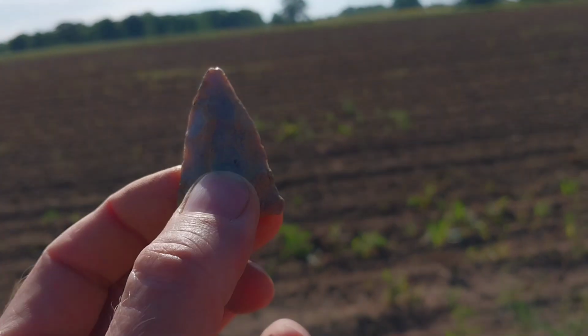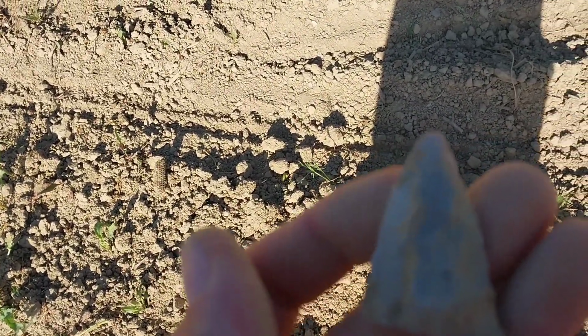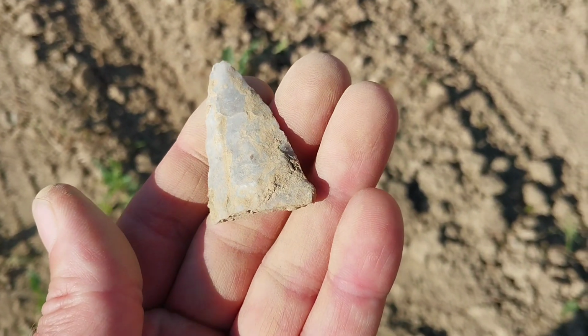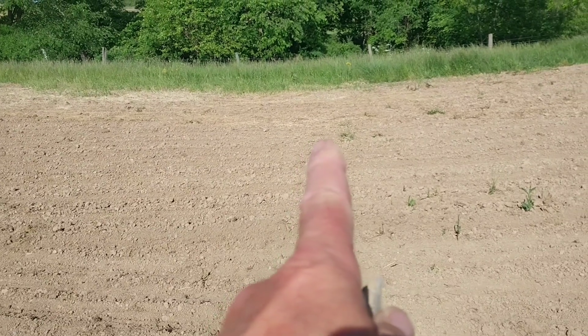Great stuff too. Great material. This was a smoker. I found some awesome blades up in this area. I was hoping to find one, but not like this. I think that's what it is. I don't think this was a point, unless it's part of a big lance form. And I just found a 10,500-year-old paleo lance about